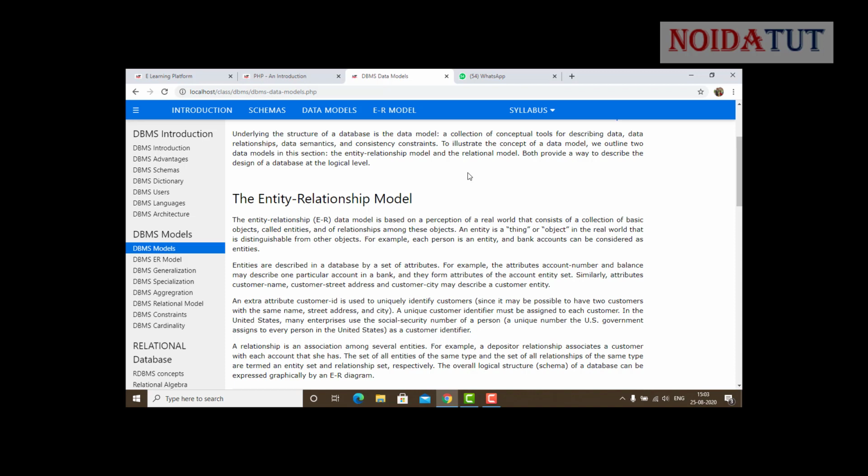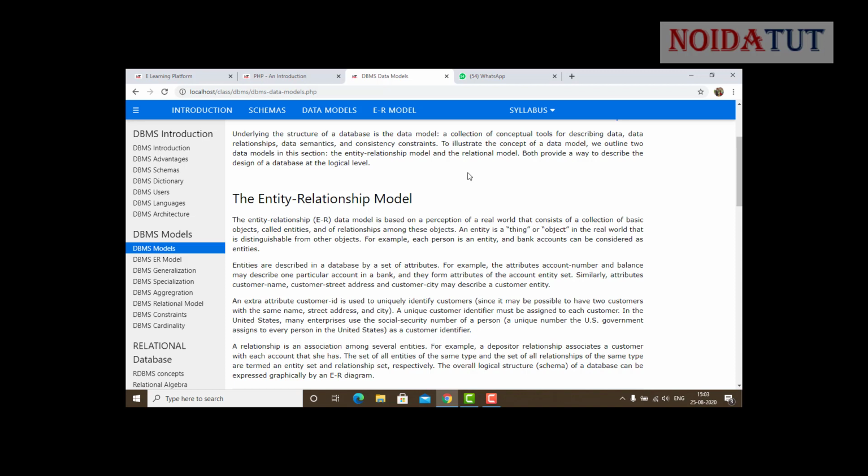Now let us have a brief idea about what is the entity relationship model. Before we start, I would like to give you a brief introduction. When we talk about an entity, an entity is anything that has its own stand or existence or its own value. Anything in this world is an entity. Whether you talk about a pen, a system, a fan, or a computer system, everything that can stand on its own is an entity.